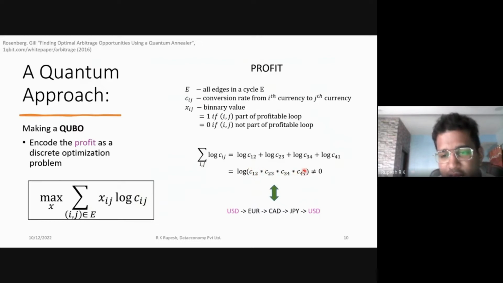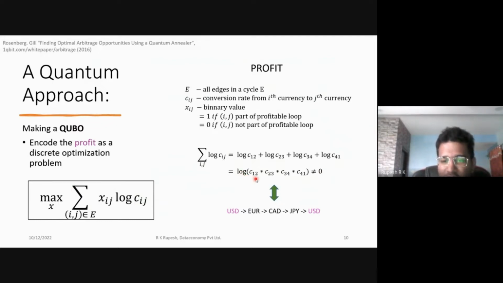And ideally, in an ideal case scenario, this product should be one or less than one, because we're starting with $1, let's say, and at the end we are going from some other currency back to dollars. In an ideal world, this would be exactly one, and so the log of that would be zero. However, for certain discrepancies that happen in the market, this product can be greater than one. And so the log of that is not equal to zero, but a positive value. And the greater that positive value, the more profit that we can extract.